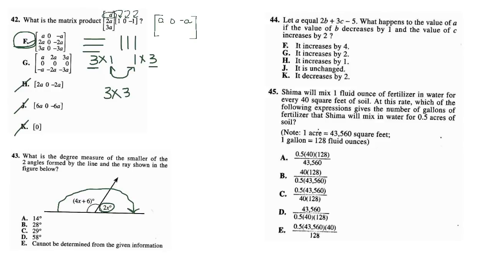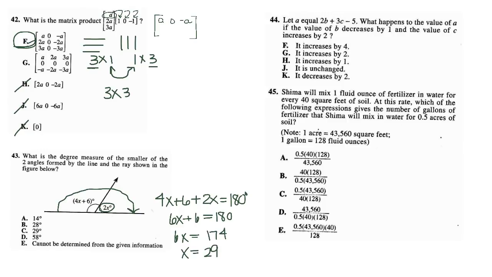So I really can add 4x plus 6 plus 2x, and all of that should give me 180 degrees. So I'm going to have 6x plus 6, we collect our like terms, equals 180. So 6x equals 174. And we need to divide both sides by 6. And so x is going to be